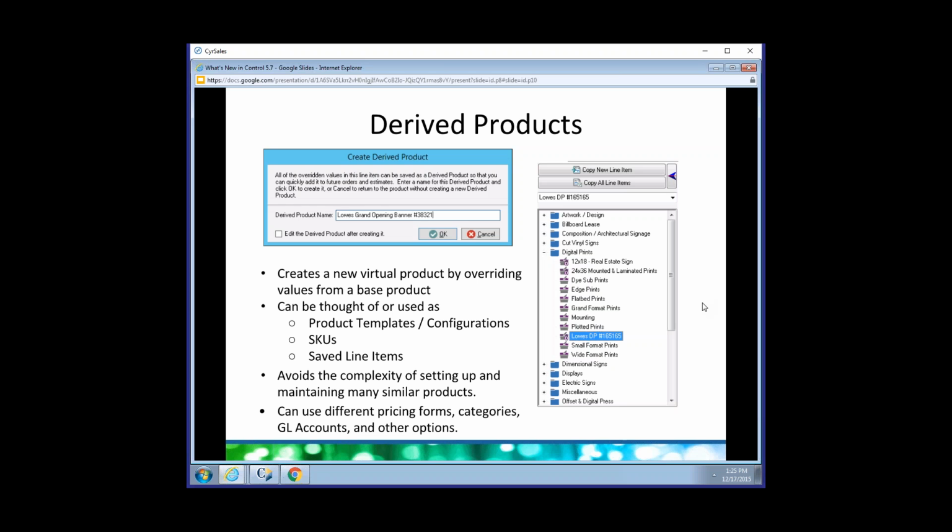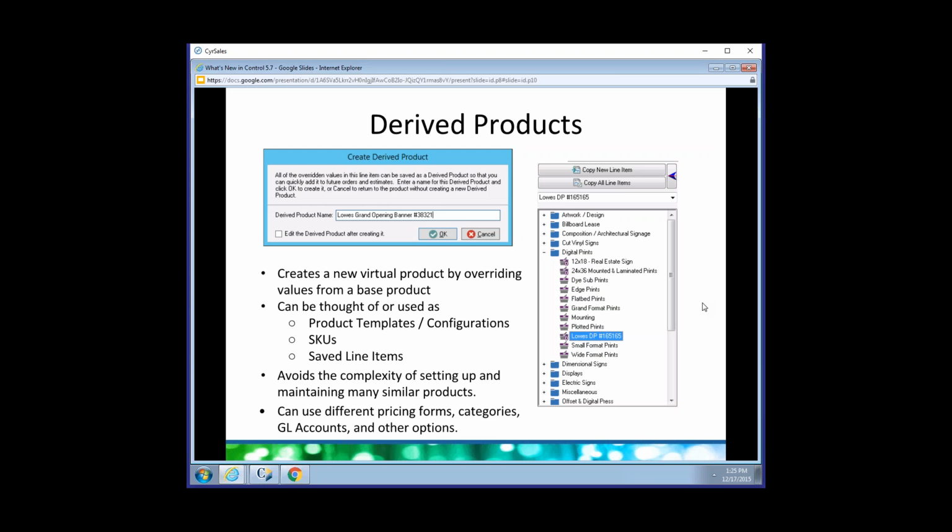It's a real estate customer. They're always ordering this. And so every time they order, you either have to set all the options of what printer, what ink, what material, what size, et cetera, or you go back to an old order and you clone the line item. Or you can create its own product, but then I have two products that are very similar,